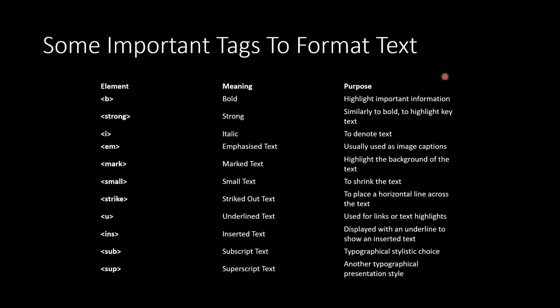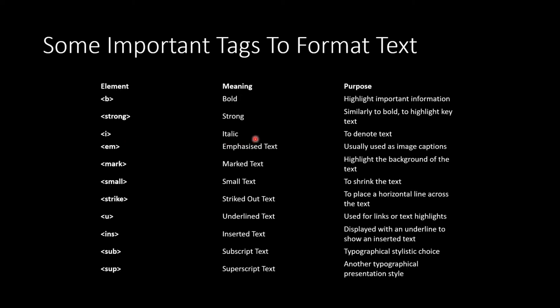So these are some important tags to format text, and in our next HTML example, we will include these tags in our HTML file, and we will see how our web browser, with the inference of these tags, will display and format the text. So this is the B tag. This is used to make some text bold and strong. Strong is also like this B tag,